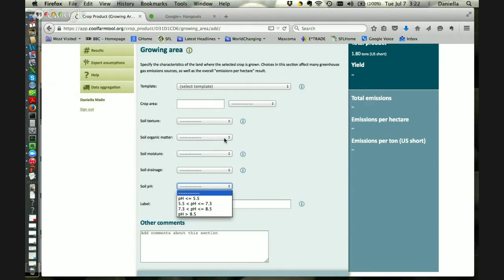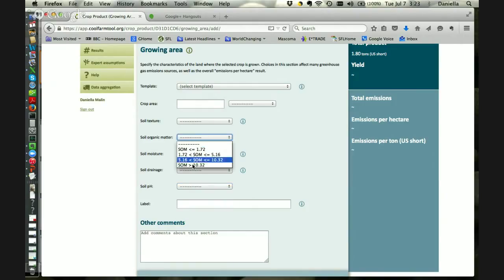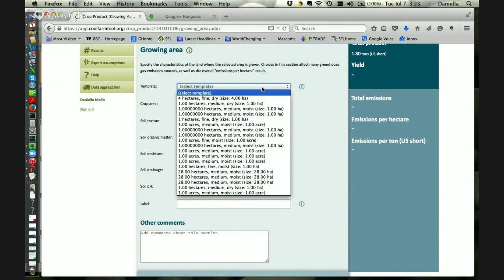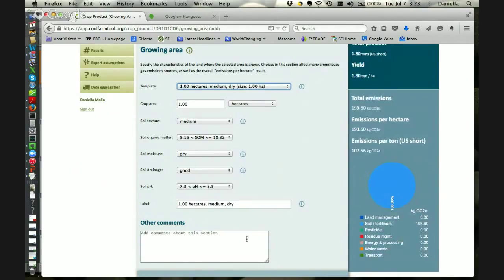And if I've done a soil test, I might know my soil organic matter. Pretty soon we'll be able to input that exactly. Right now you have to choose from a pretty wide range, so you'd probably know that off the top of your head. Because I've done this tool before, and it's simulating if I was a farmer and I'm always using one of my typical fields, I've got that templated here, so I can just pick from one of my typical fields, and it'll fill everything out for me in one fell swoop, so I don't have to spend a lot of time,